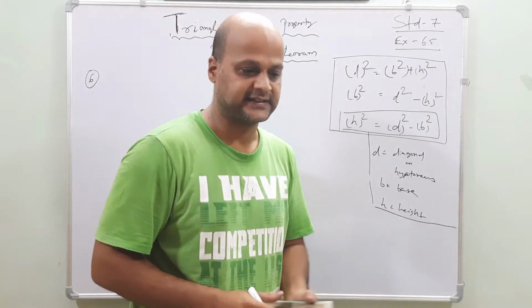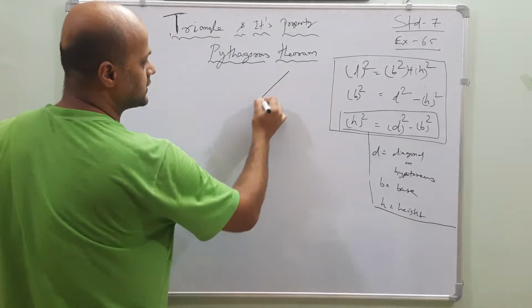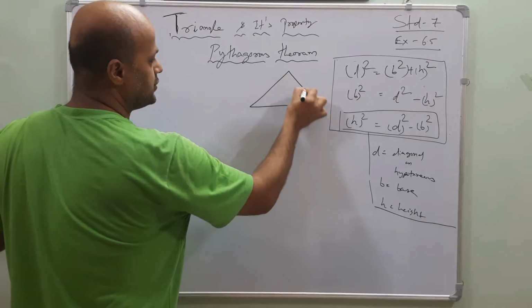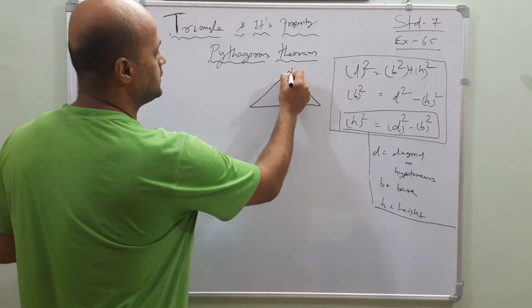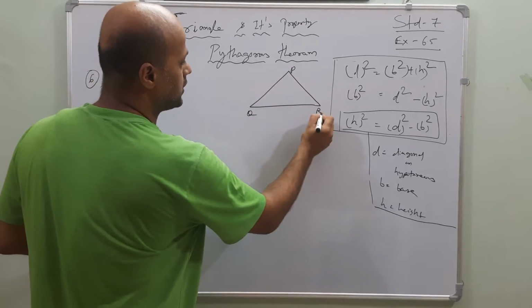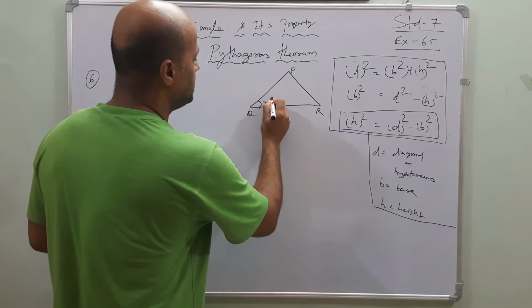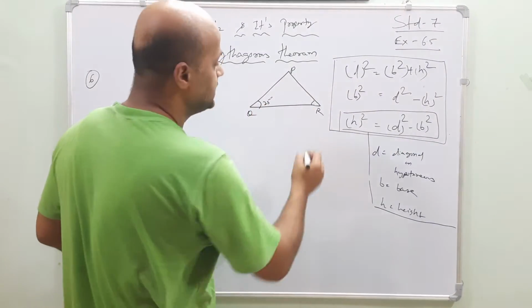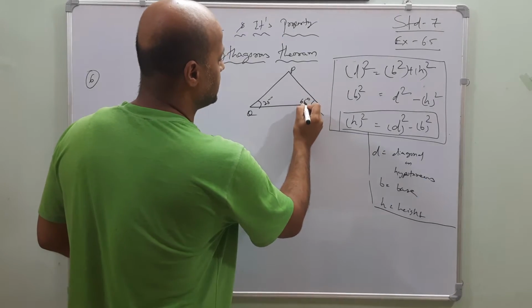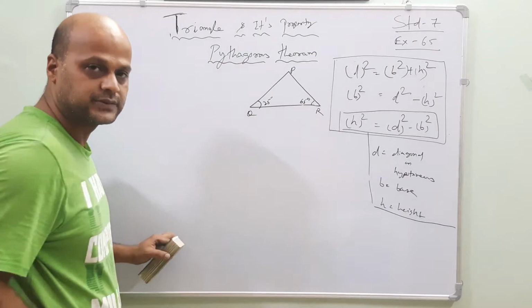The sixth one is asking that there is a triangle. Okay, I will draw the triangle here so that it will be visible to you. PQR. What is the angle? It is given that angle Q is 25 degree, and angle R is equal to 65 degree. Angle Q is equal to 25 degree. Angle R is equal to 65 degree.